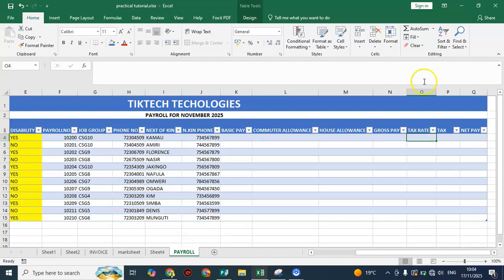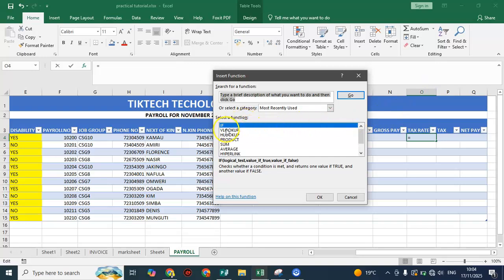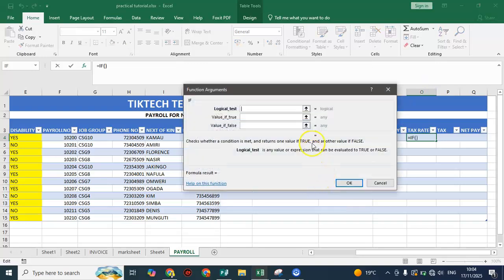So here we would click on this field, and then we come here and say more functions. We want to use an IF statement, so that is the IF statement, and we are saying we want to check this field here, which is E. Just click on it. It is the logical test, disability. Now that is according to the table, and then we are saying if this is equal to, we now quote because it's a string, so you have to quote. If it is equal to yes,